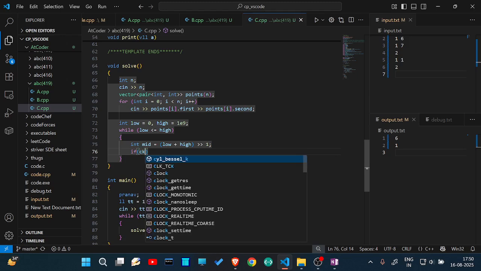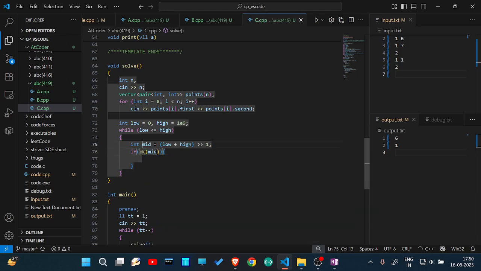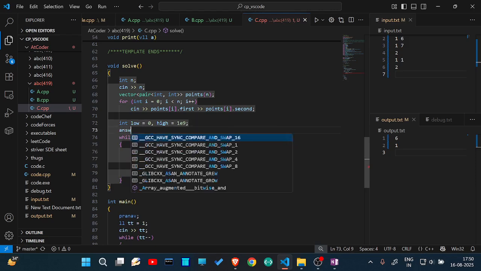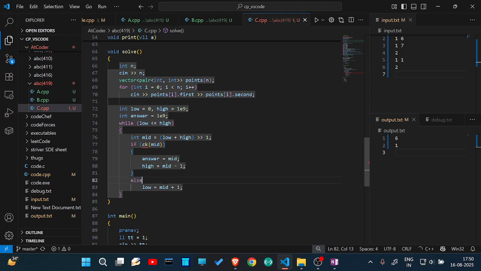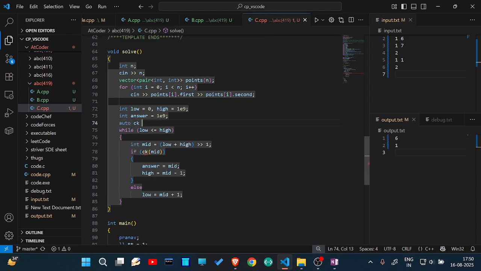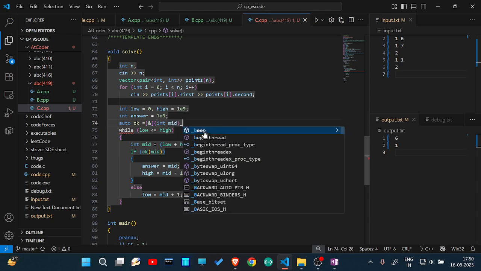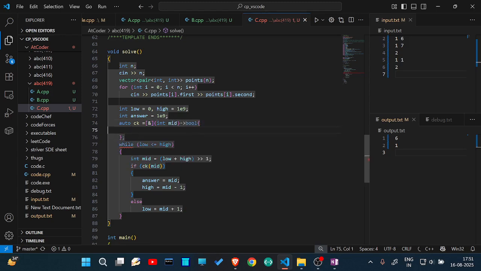We just check for the mid. If check(mid), we can define an answer variable, int answer equal 1e9. Answer equals mid, and we look for a smaller answer. Else, we look for a greater answer because we did not get the answer. And we write the set auto check. A check function would take mid and return a boolean, writing a lambda,